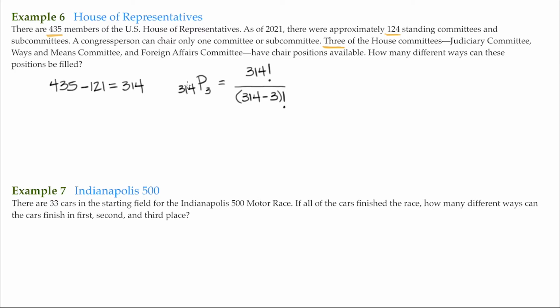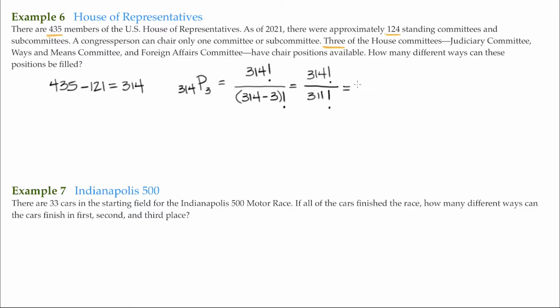That's our 314 minus 3. That's 314 factorial over 311 factorial. The 311 factorial in the denominator will cancel out the 311 factorial in the numerator,